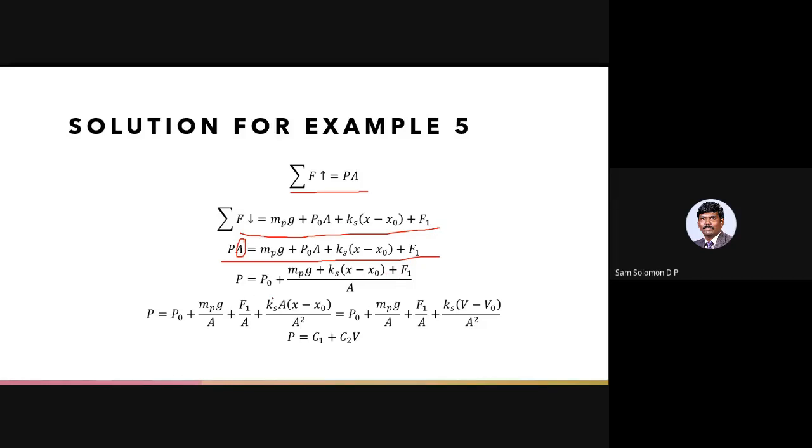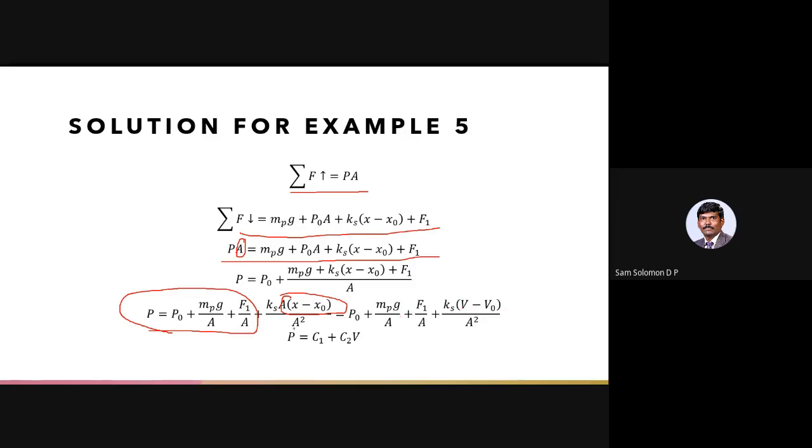Okay, and if I further split this up, there will not be any change. And what I do is I multiply and divide by area in this particular term alone. A by A squared. Both in the numerator and in the denominator, I am multiplying and dividing by area. Okay, and why do I do that? A into length will give me the volume. So I can replace it with V minus V naught.